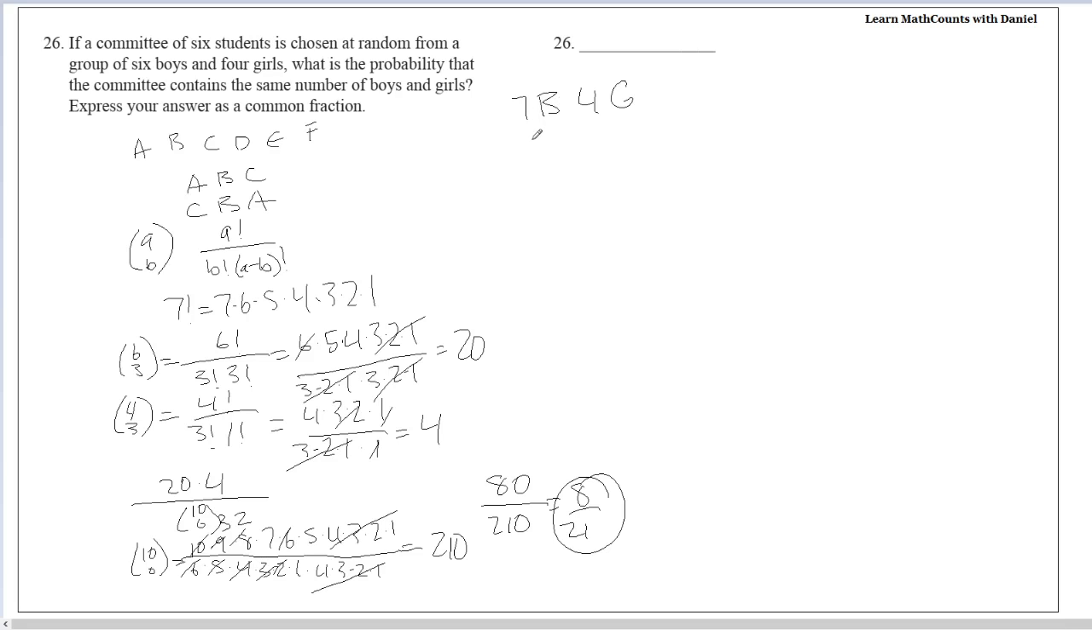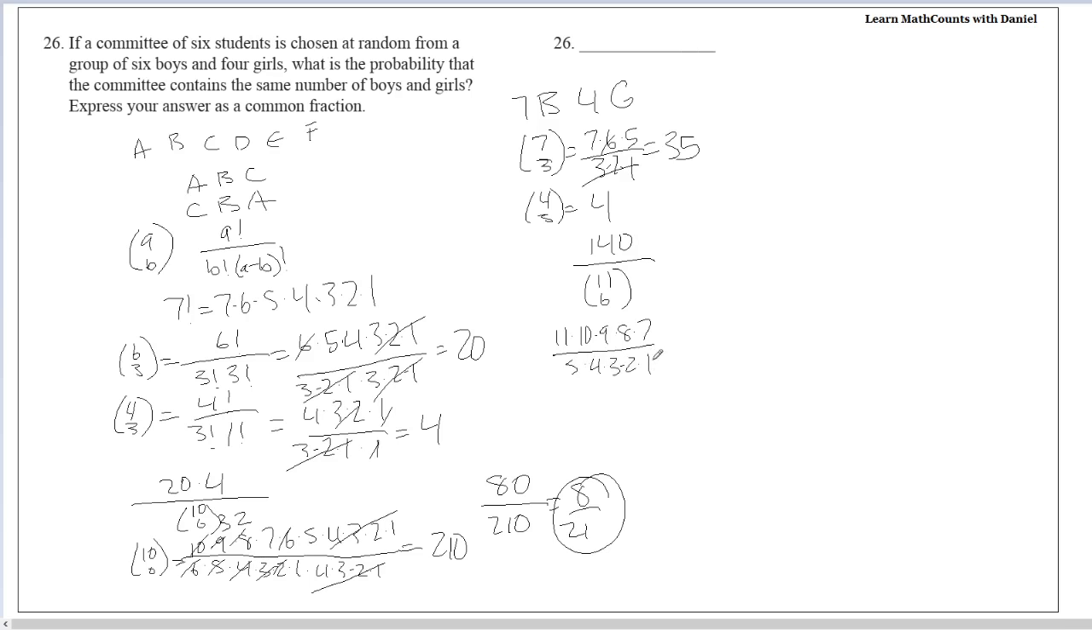So we have 7 boys, so again we want to choose 3 of them. So we have 7 choose 3, which is this. Again, we can cancel this 4 because there's a 4 factorial in here. So we do this, which leaves us with 35. Now we do this, which is again 4. So we have 140 over 11 choose 6, which ends up being something like this, which cancels down to,